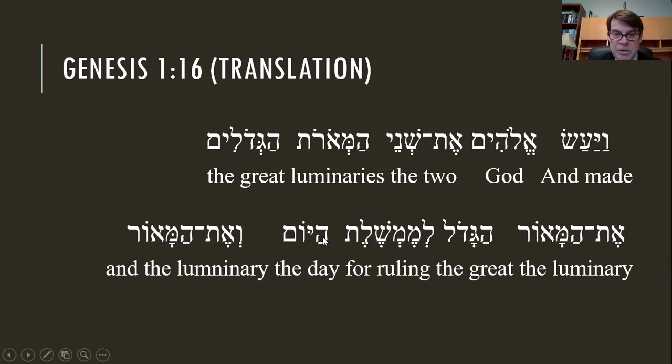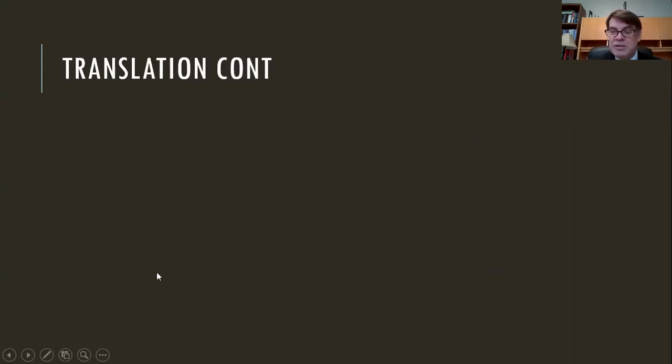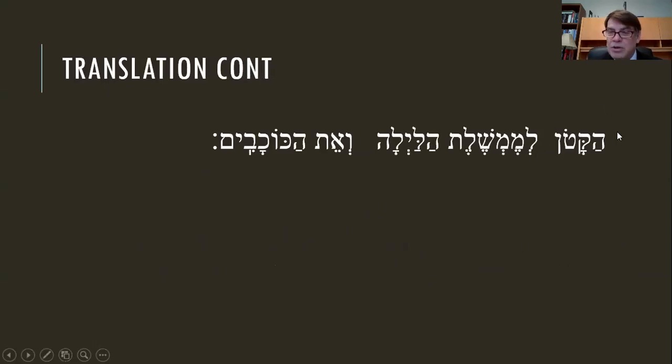Hayom: here's the hey patach doubling, and yom, the day. For ruling the day, and the hamaor, and the light, the second light, the smaller one, haqaton, the small light, the moon, for the ruling, lamemshalet, halaylah, of the night, ruling of the night, and also